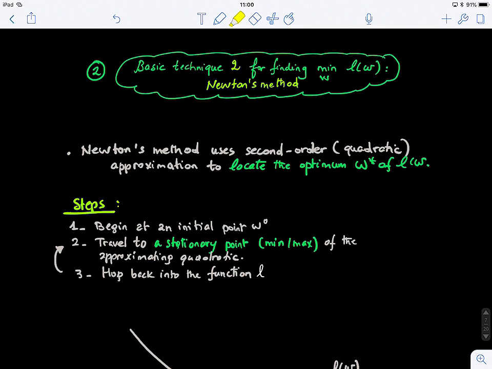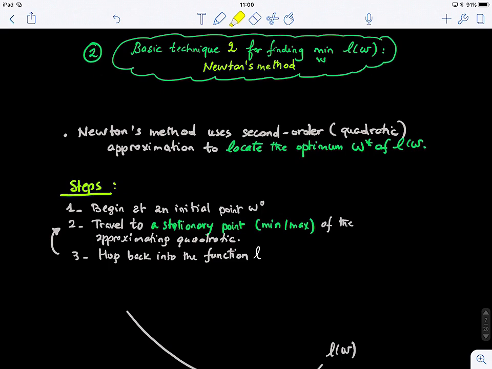We used the gradient, and we performed the optimization by following the direction of the negative of the gradient vector. Now in this case, we will use the second order quadratic approximation to locate the optimum W star of our loss function